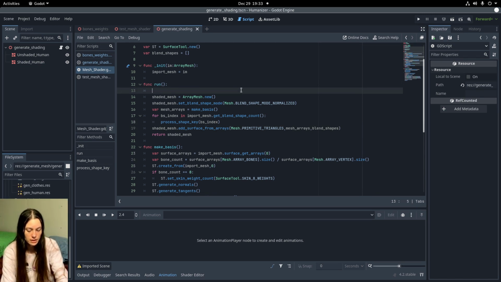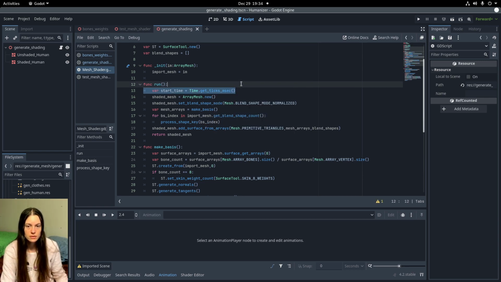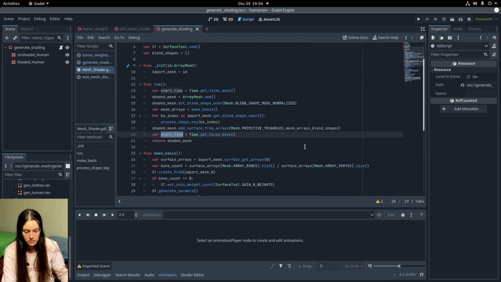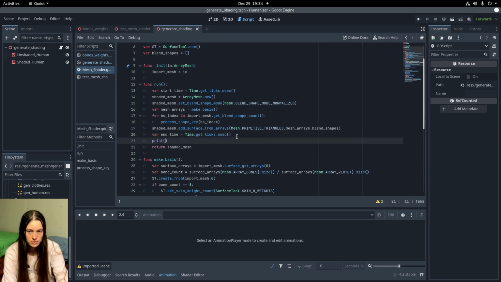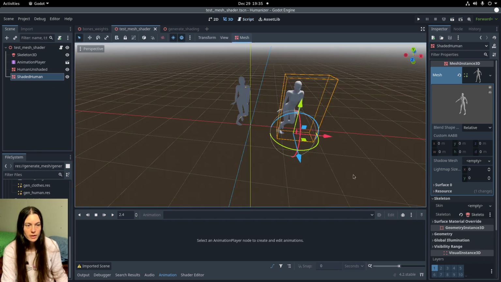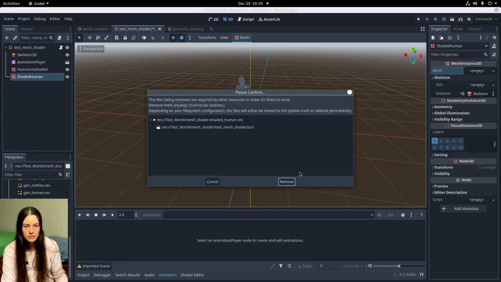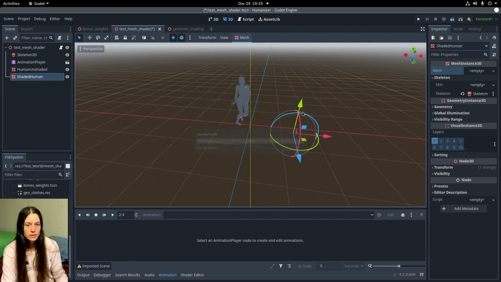And I also want to get the start and end times just to compare with the optimized version when I'm done. So I'll print the end time minus the start time again. And in the test mesh, I'll reset the shaded human and delete the resource. So now if I run it again,